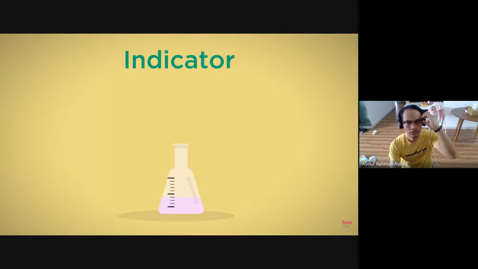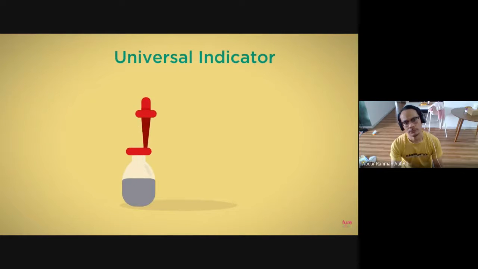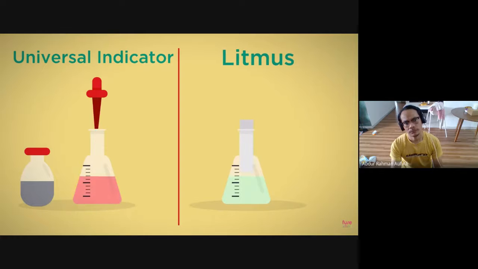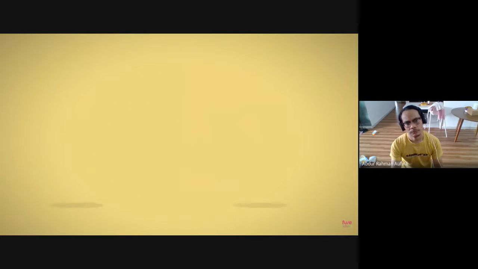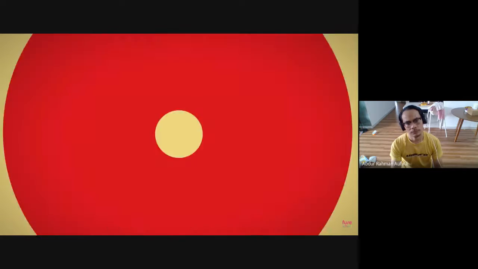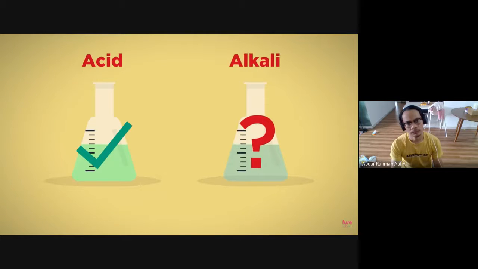Depending on the indicator you use, the color change will be either gradual or sudden. If you are carrying out an acid-alkali titration, you may use universal indicator, which would give a gradual color change, though this might not be ideal because of this gradual color change. Litmus gives a sudden color change. But there are other better indicators that are specialized for the acids and the alkalis in the titration. Sometimes the acid may be the known solution and the alkali unknown, and other times the alkali the known and the acid the unknown.